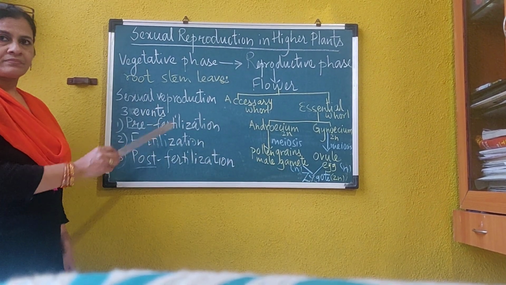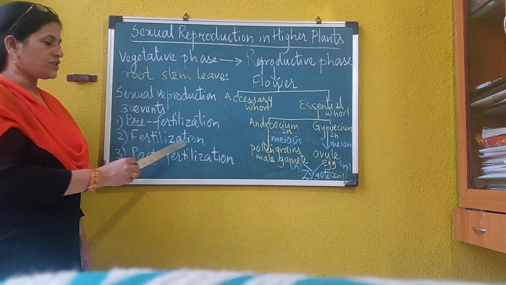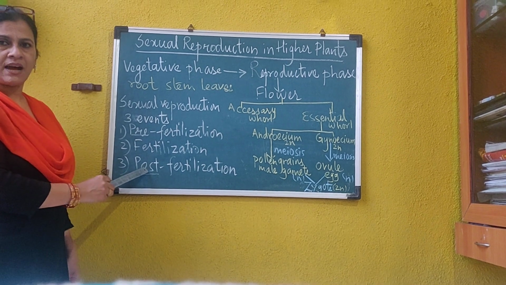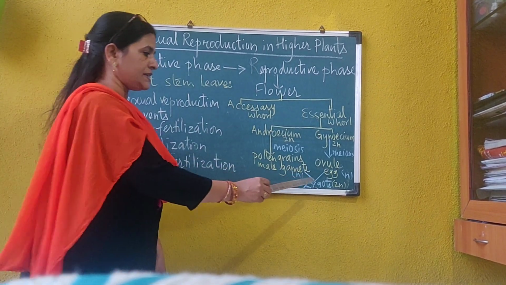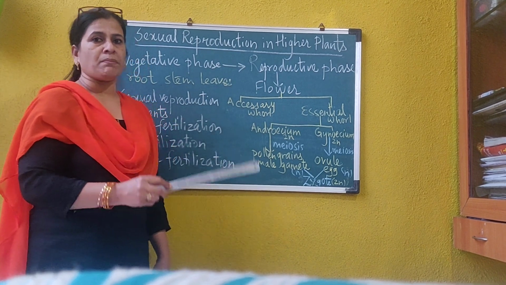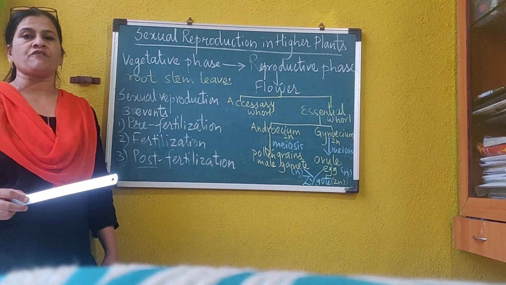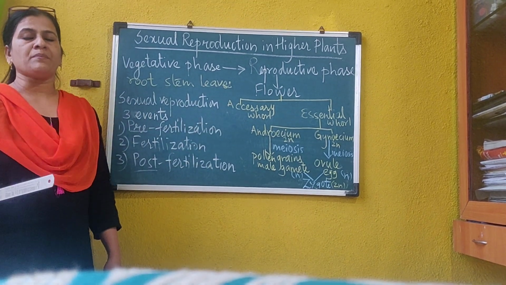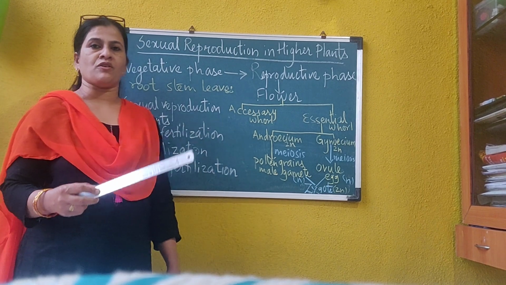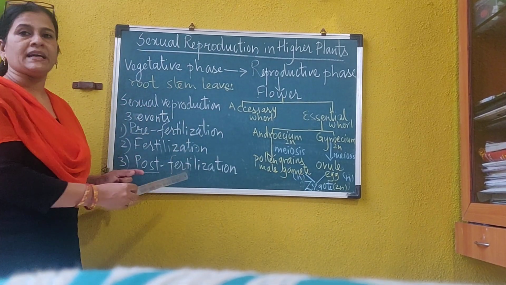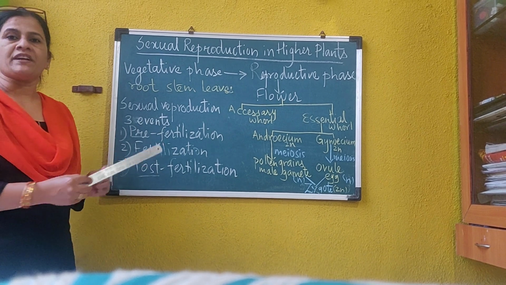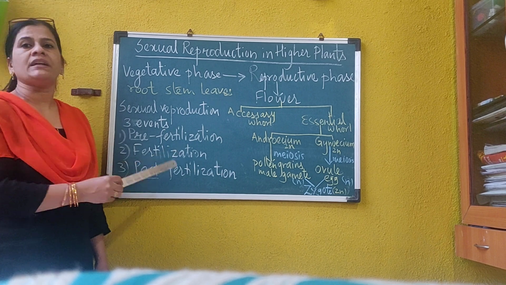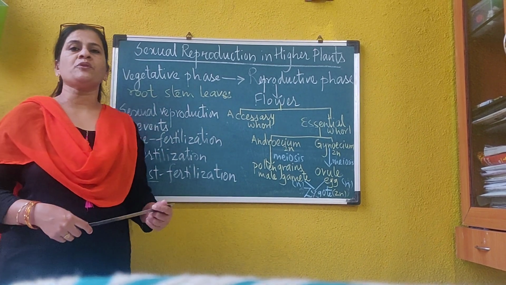And third is after zygote is formed, post-fertilization, that is the events which occur after fertilization. Post means after. So after fertilization, the zygote undergoes cell division, mitotic cell division, and it leads to formation of embryo. That process is called as embryogenesis. And that embryo leads to formation of new offspring or new organism. So this is how the entire sexual reproduction is classified into 3 events. In this whole chapter, we are going to see each and every event in detail, which I'll be explaining to you in the next lecture.